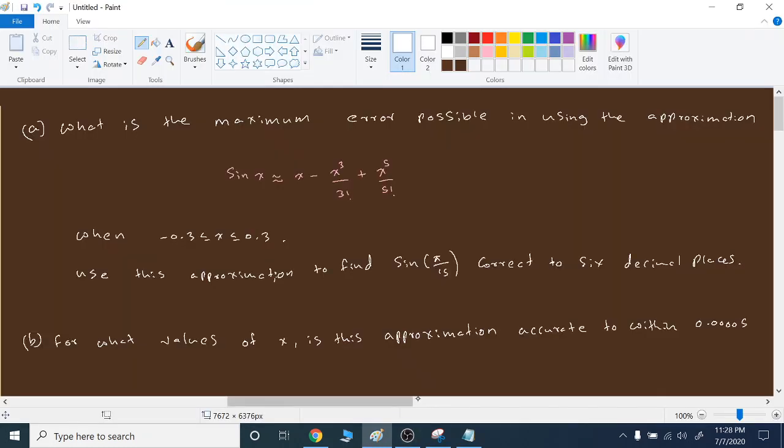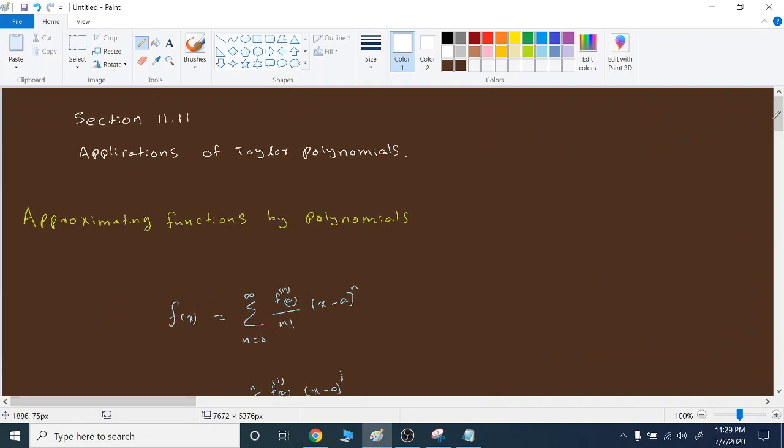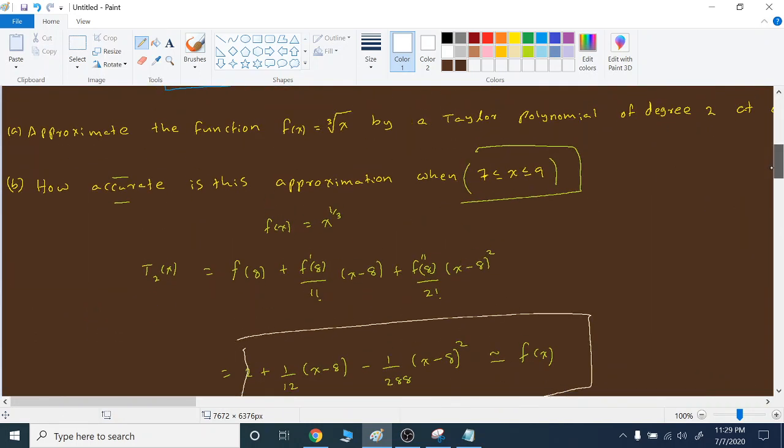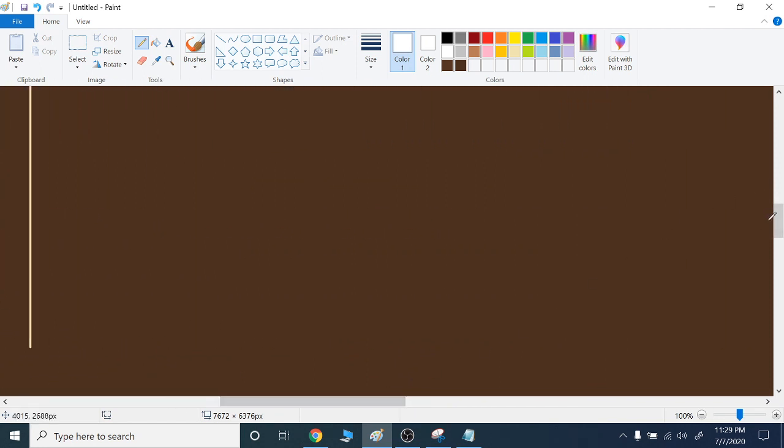Okay, let's start with another question. And here it says, what is the maximum error possible in using this approximation? Now I'm going to use a different method than the previous one. Remember, for the previous question we basically used this relationship, but here in this question I'm going to use